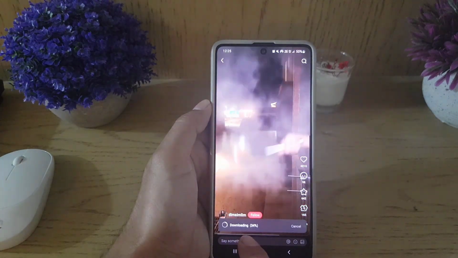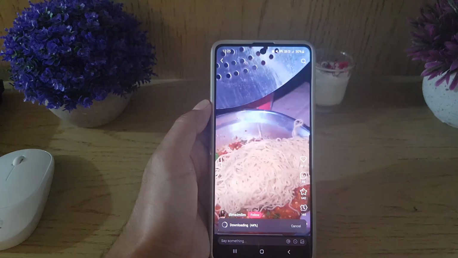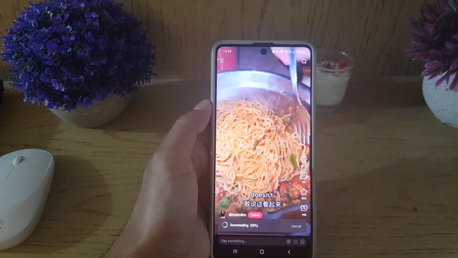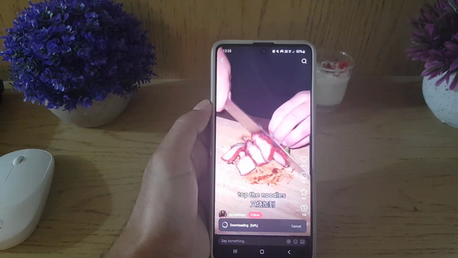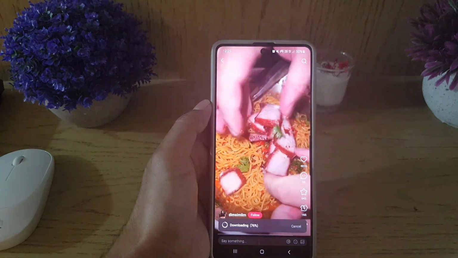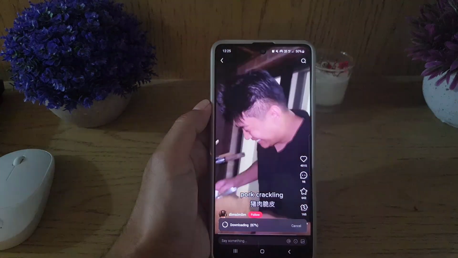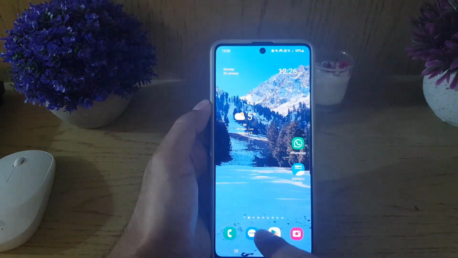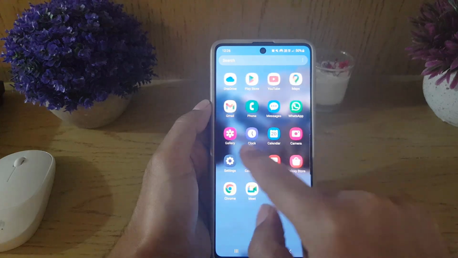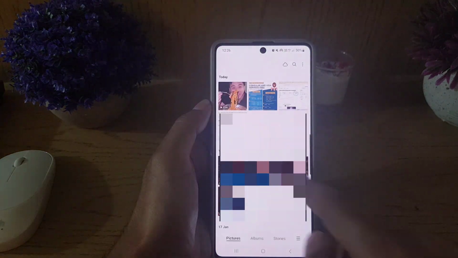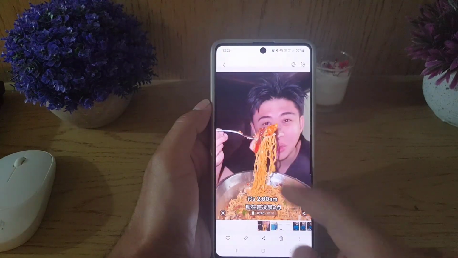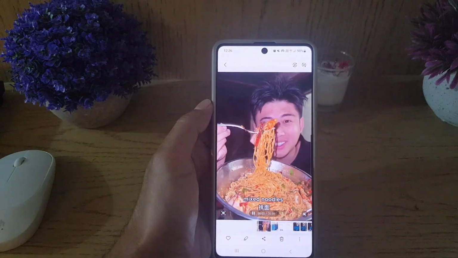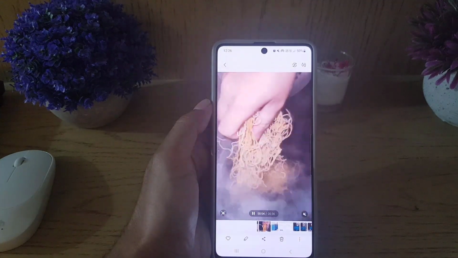is 100%, it will be saved to your gallery on your phone. So once it is 100%, I will show you the video in my phone gallery. So guys, as you can see, it says save successfully. So now I will go back to the phone gallery here, and here as you can see, the video has been downloaded. So guys, this is all it takes to download videos from REDnote